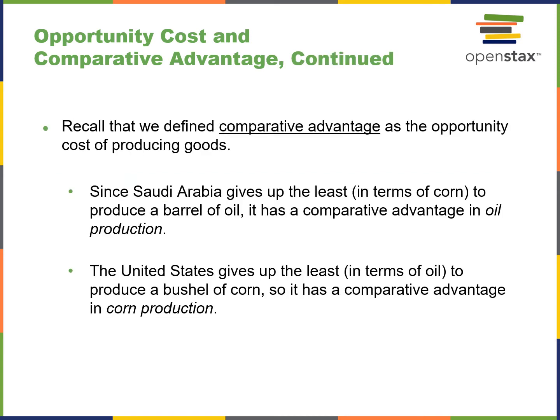Opportunity cost and comparative advantage continued. So it's basically, once again, coming back to the opportunity cost of producing goods. And so clearly, Saudi Arabia has a comparative advantage in oil production. And then really, if you have to say between corn and oil, the United States has a comparative advantage in